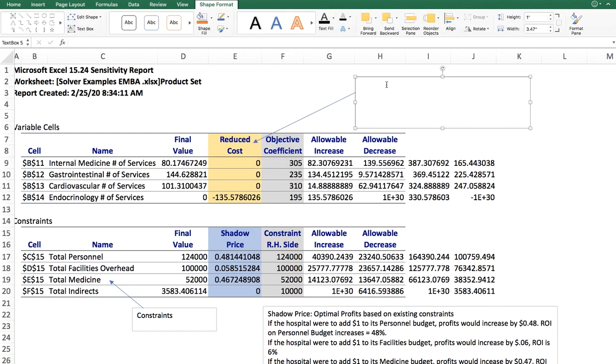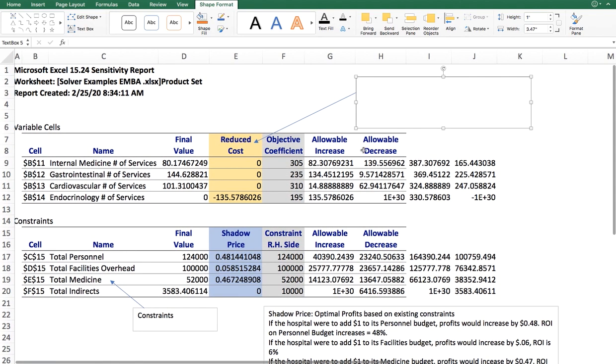All that says is if you want the solution to change from offering 80 internal medicine services, 145 gastrointestinal services, 101, forcing integers out of them, then if you want to add an endocrinology service to the optimal service set,